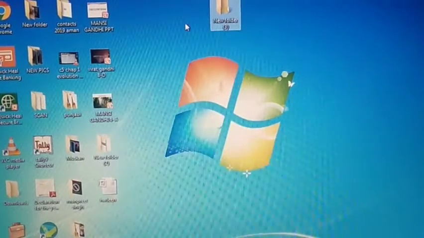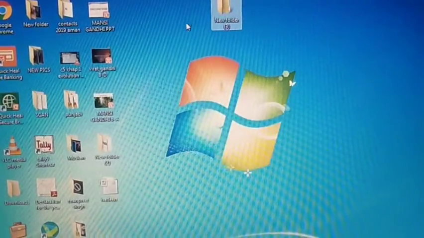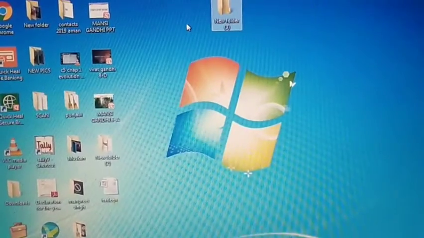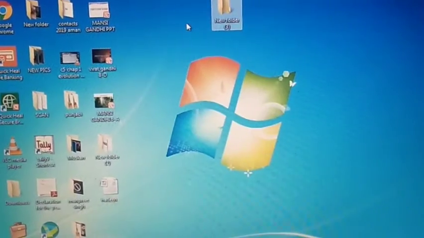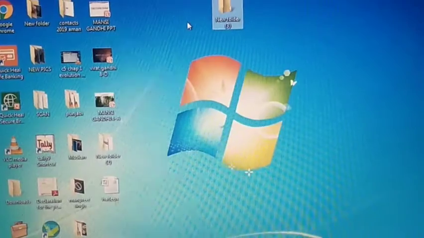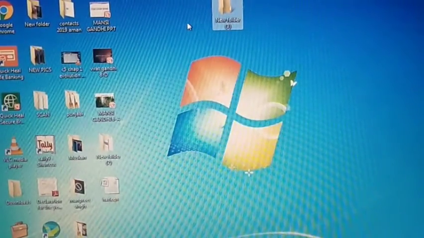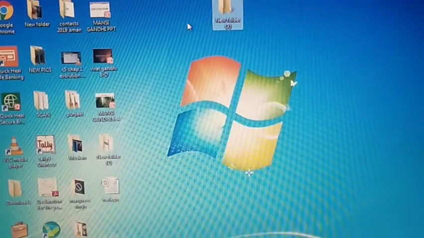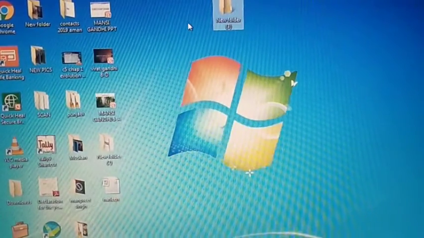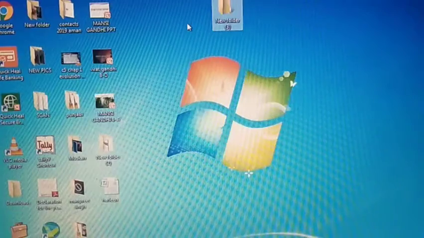Means, in future I should not have any problem finding files or folders. So what will I do? I'll just create a folder of my name, so that if in future I switch on the system and I have to find the folder, then I will not have a problem finding it.